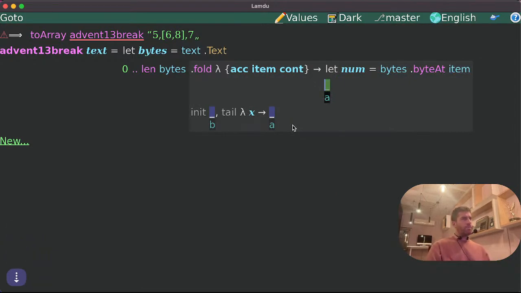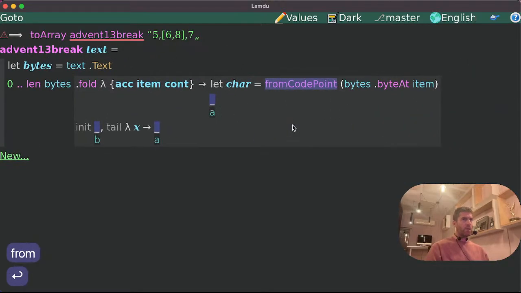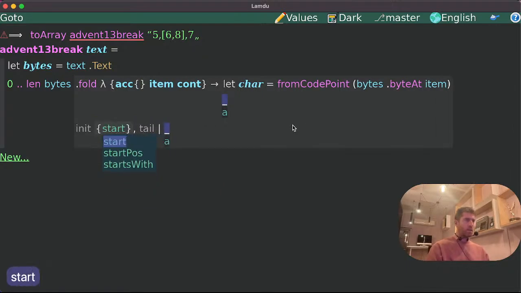Actually, let's make it into a character. And let's make state like this: start equals 0